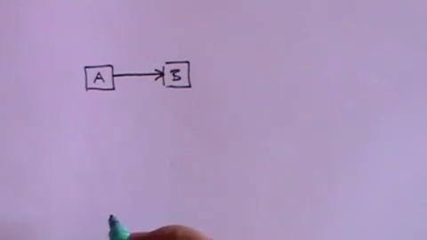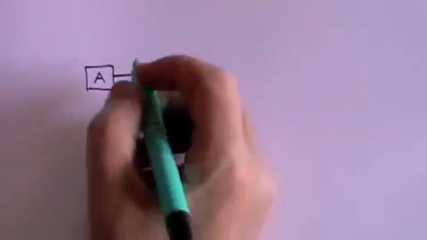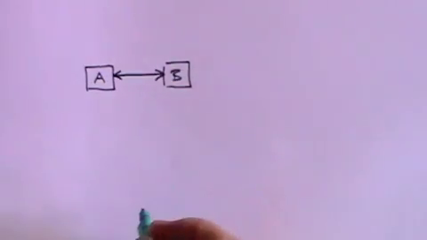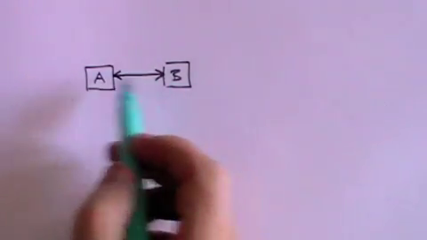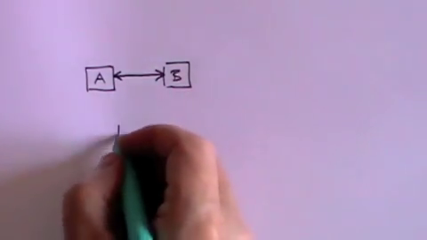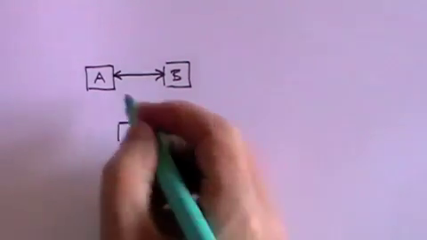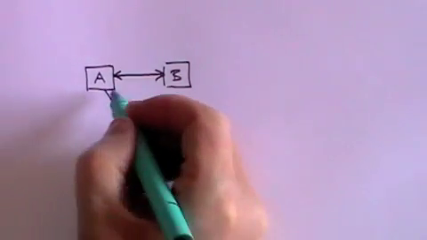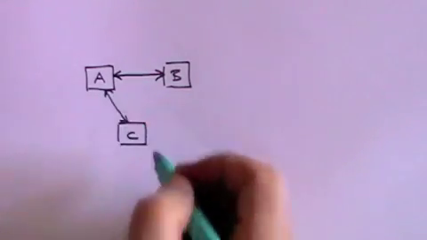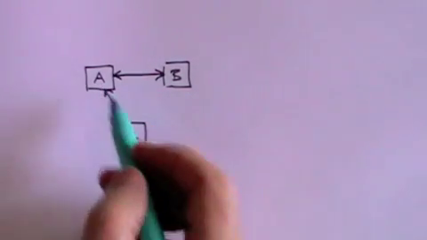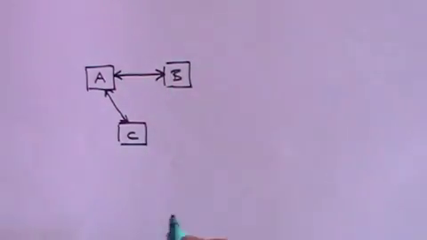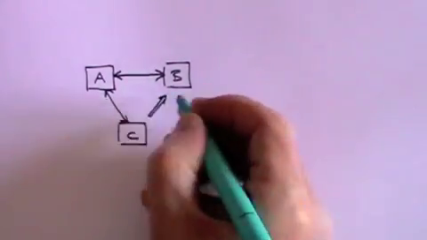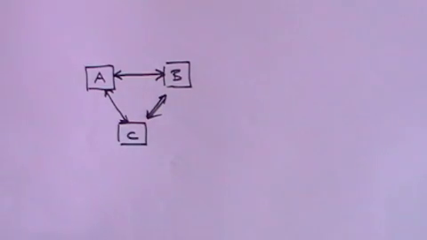And what the first law, the 0th law, says is that if 2 bodies are in thermal equilibrium, that is, heat no longer flows between A and B, and if there's another body C which is also in thermal equilibrium with A, that is to say A and C are at the same temperature and A and B are at the same temperature, then it must follow that B and C are at the same temperature